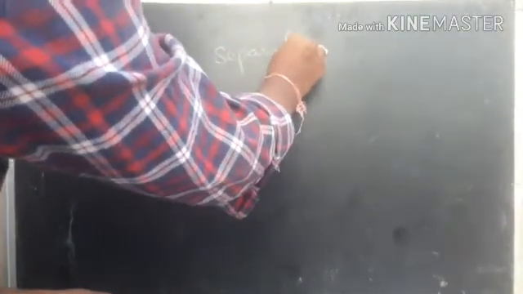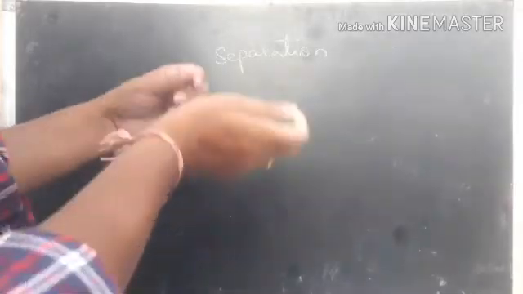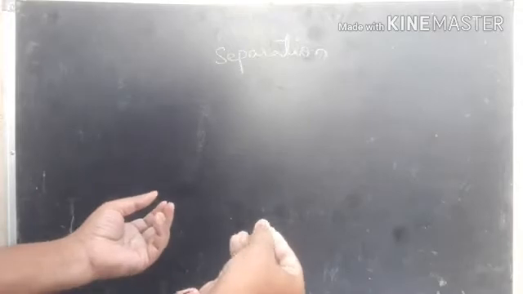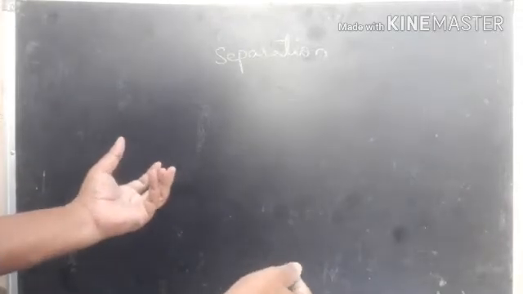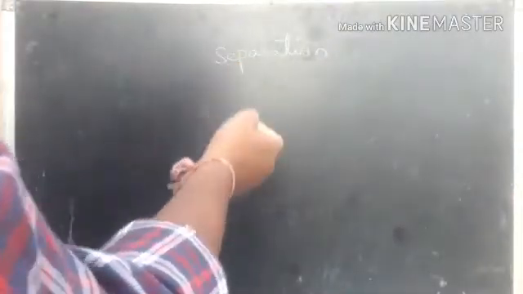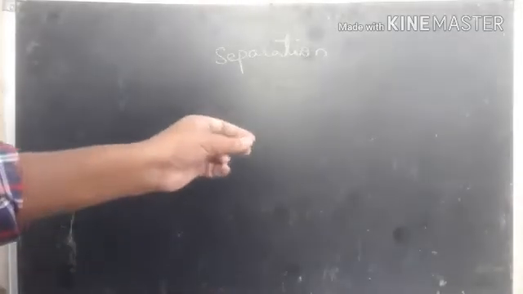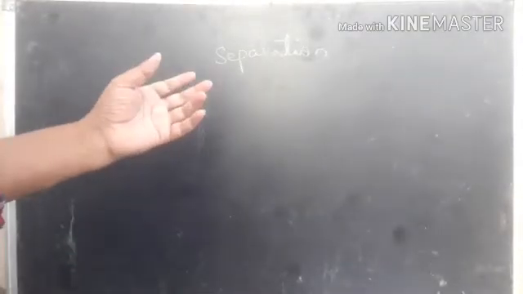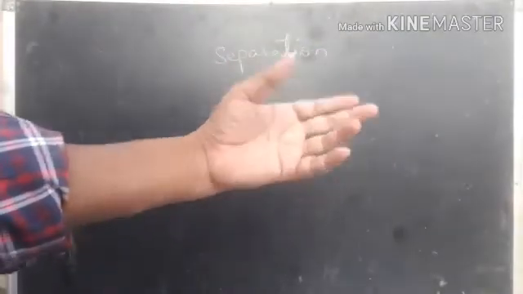So in this lesson we already started discussing different methods of separation. We completed threshing, by hitting to a hard surface to remove the grains and solids, as well as winnowing, by allowing the air to separate the lightweight husk and grass pieces. And hand picking, where stones and harmful insects present in the pulses or grains can be separated by hand. So we discussed threshing, winnowing and hand picking.